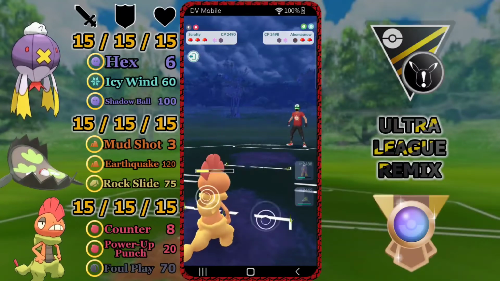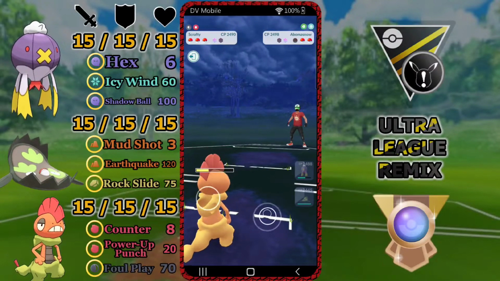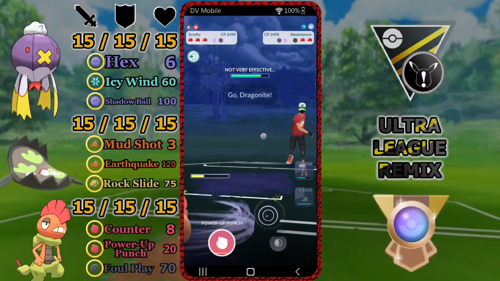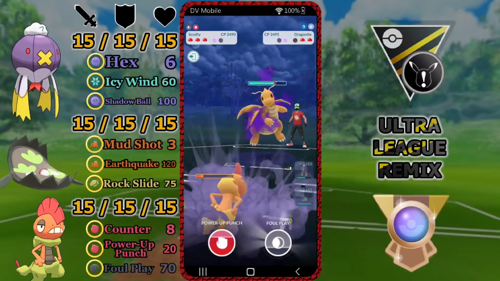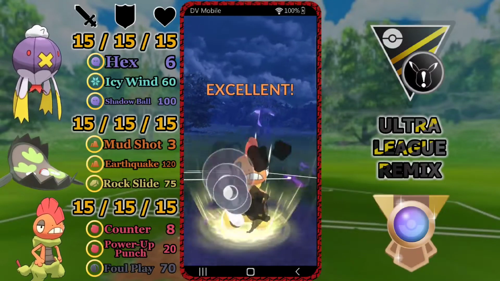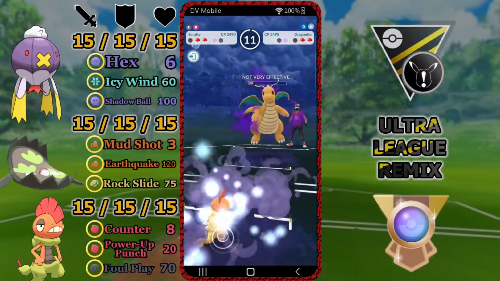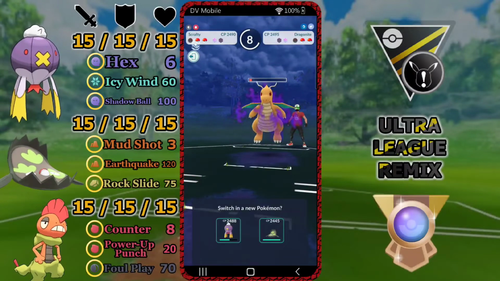If you throw a Power-Up Punch, yeah, you're going to be amped up, but you're going to have to commit a shield to the next Energy Ball or Weather Ball, and you're kind of risking losing switch there. So we're just going to throw the Foul Play, take it out, and now we've got a Foul Play to throw against the Dragonite. This is going to hit for good damage. Dragonite's very squishy. Look at that, hitting for around 60%, and we almost farmed them down with counter,